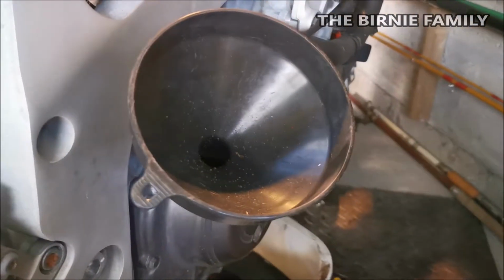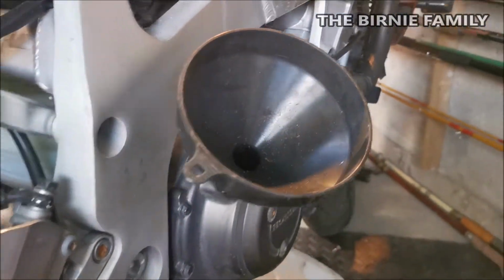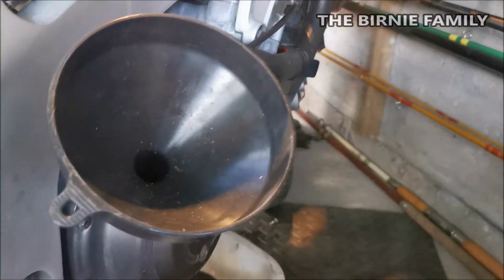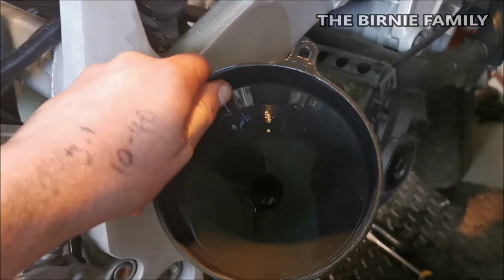Yeah, and a nice big filler's always the thing to get, guys, you know what I mean? We'll have to give that a clean, actually, it's a bit dusty. But yeah, nice big filler, look, that fits in there directly. You still have to pour nice and slowly, it'll just come out and over. But that makes life a lot easier. And here we go, so the oil...